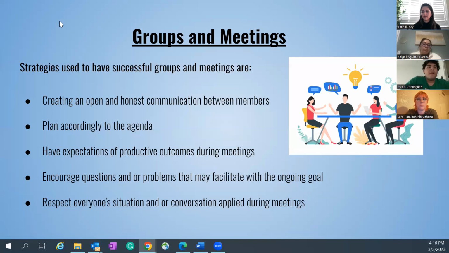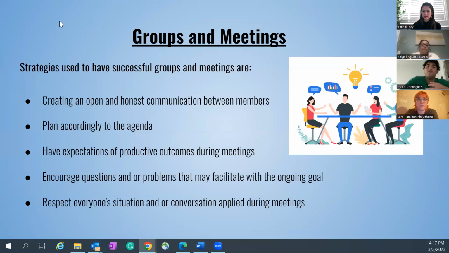You want to make sure that you're having a positive outcome coming out of your meetings, making sure that all the work you discuss is getting done. Everything you bring up as topics, anything you're brainstorming together with your group members, has to be talked about. You want to be very productive with one another, while also being respectful. I also want to say that during meetings you want to encourage questions and problems that may facilitate